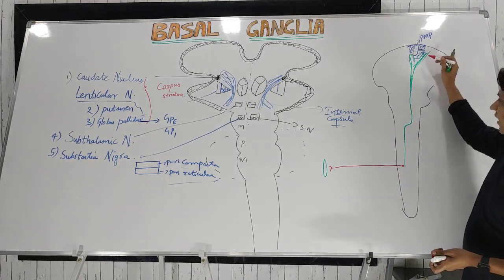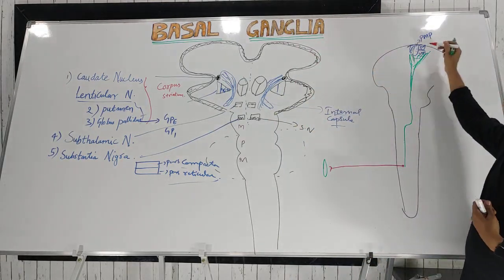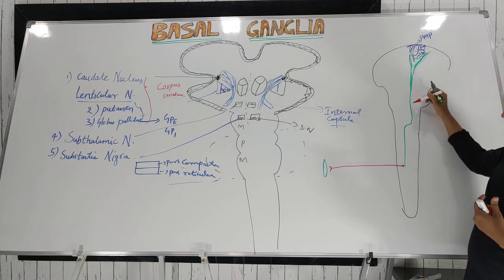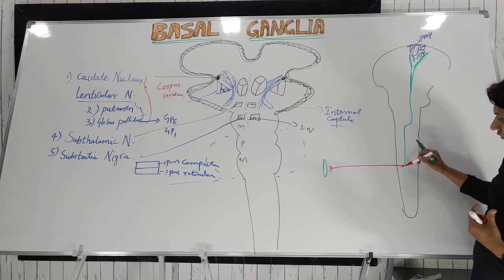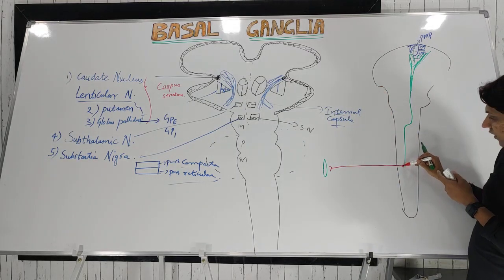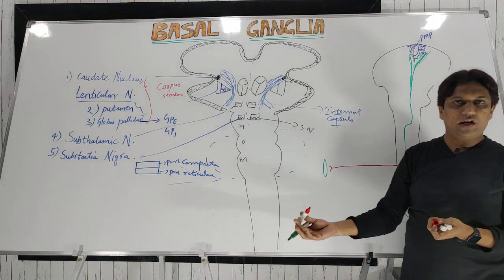Okay, so generally for motor activity, suppose I want to raise my hand, this is the main pathway: from your motor cortex, the descending tracts, along with the other extrapyramidal and pyramidal tracts, send the impulses to the concerned segment of the spinal cord, and from the spinal cord, the lower motor neuron goes to the muscle and a voluntary activity, contraction and relaxation, takes place.